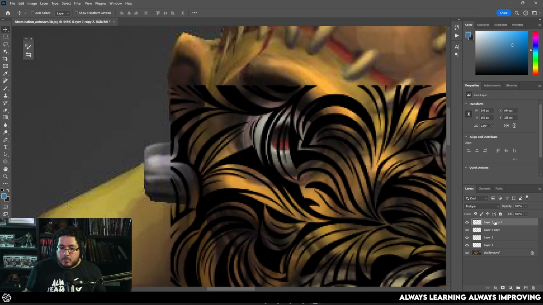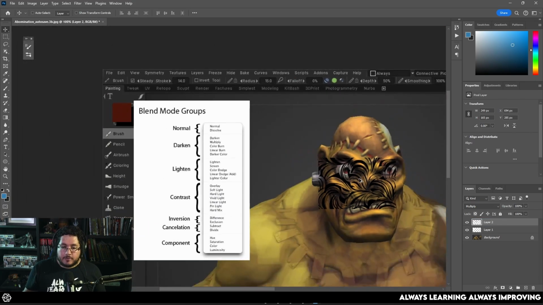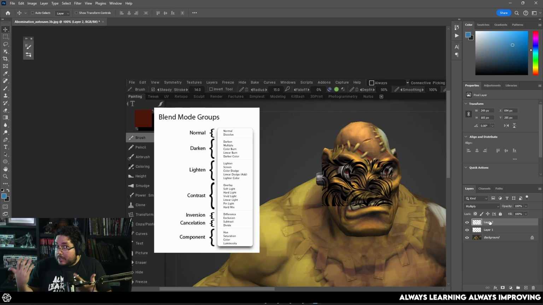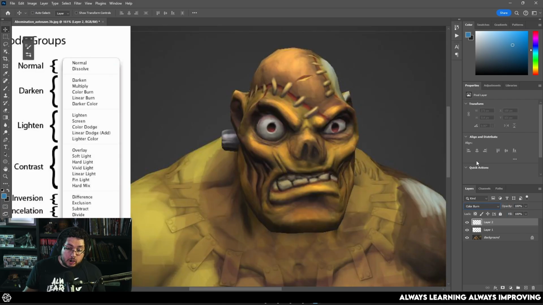Even if you add multiple of these ones right here, you're just going to get a more solid outline, but this dark right here is the exact same dark that we had at the beginning of the element right there. So if you have a black and white image and you want to remove the whites quickly, multiply is the way to go. The next layer is color burn, and this one is used quite a bit, especially when you want to really, really punch the colors of your object.